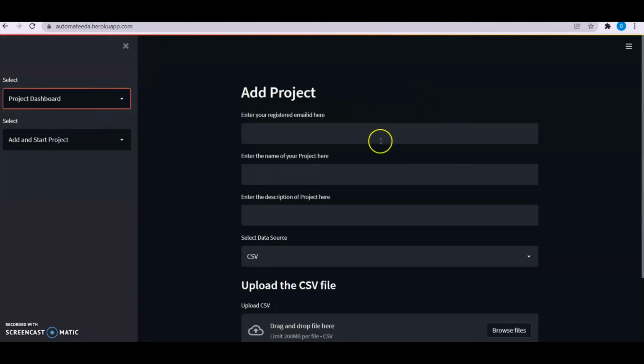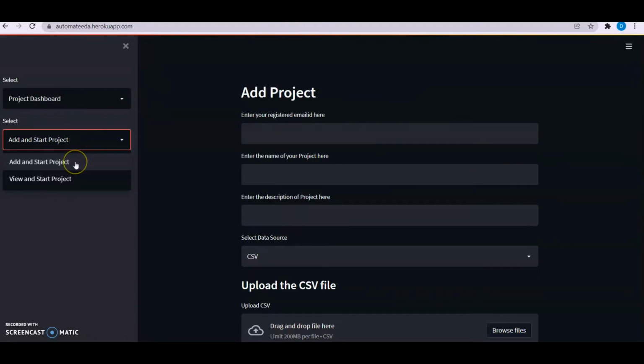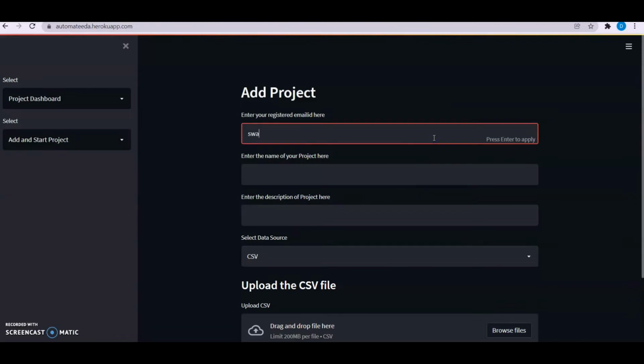Let us go here, and then we have to select either the option add and start project or view and start project. If I want to create a new project, then again I have to provide my email ID here.